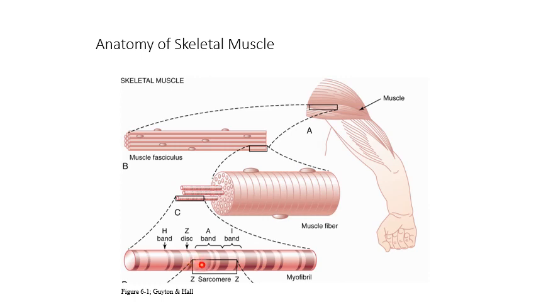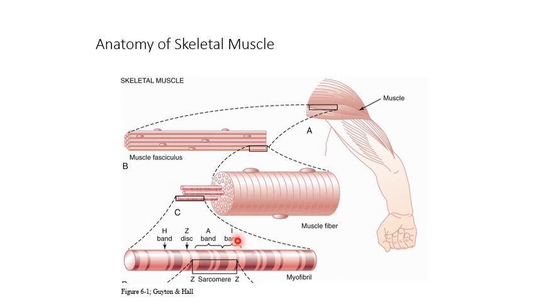When we say myofibril, each muscle fiber has several thousands of myofibrils. Each myofibril is composed of about 1500 myosin and 3000 actin filaments. Whatever you see as light in color are the actin molecules, and whatever you see in dark are the myosin molecules.